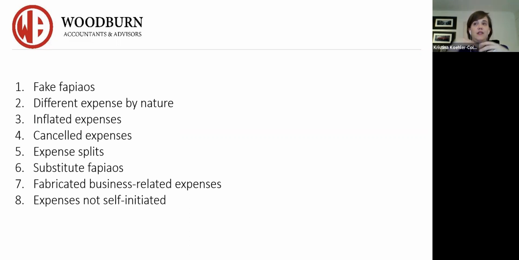Different expense by nature. Now, for example, I have staff members who want to get around Shanghai very quickly, so they take the motorcycle taxis. These guys don't give you Fapiaos, but you still pay between 2, 5, maybe 7 RMB for a ride, depending on how long it is, and you don't get the Fapiao. Now, in this scenario, I'm not fussy. I will just tell my employee, you can take another Fapiao, which will obviously be a different expense by nature. But I do want you to get refunded, but I do need a Fapiao to book, okay?